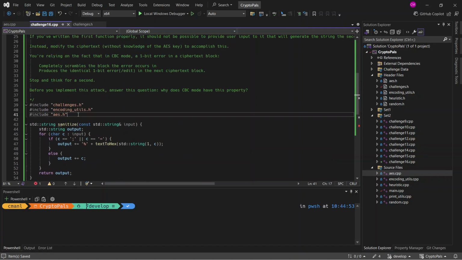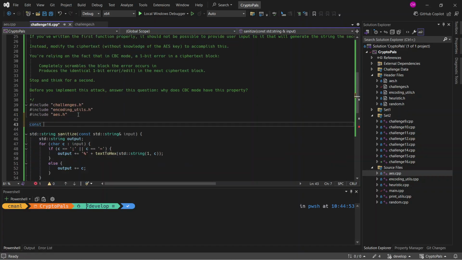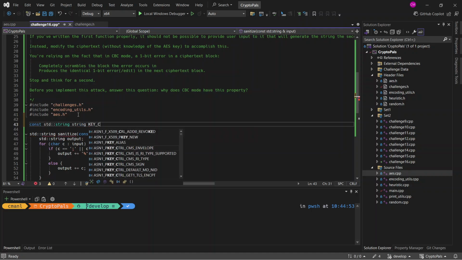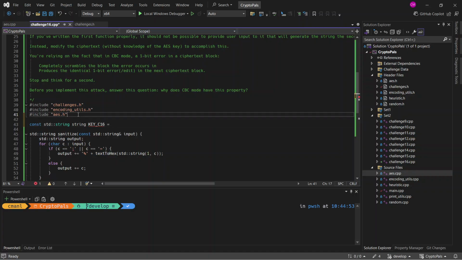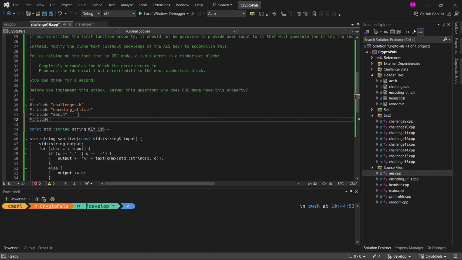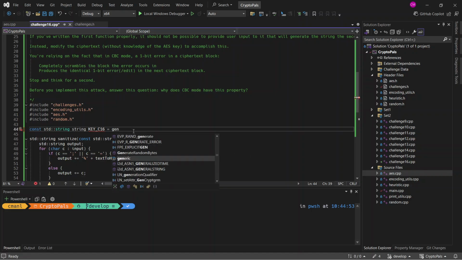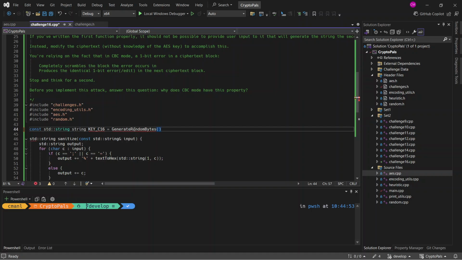Okay, so I'm going to do a couple things. Let's do this. First, constant standard string. I guess we could make it static, but there's no reason to. Constant string, I'm going to call it key underscore C16, and we're going to need random for this, so include random.h. We're going to do generate random bytes. And then I was thinking about this a little bit. I think we should probably store the